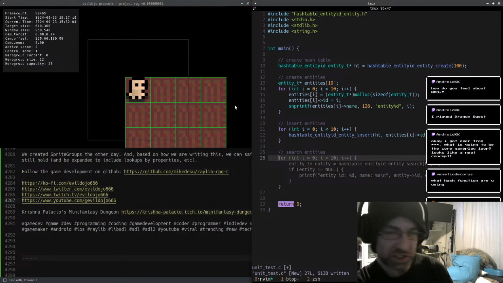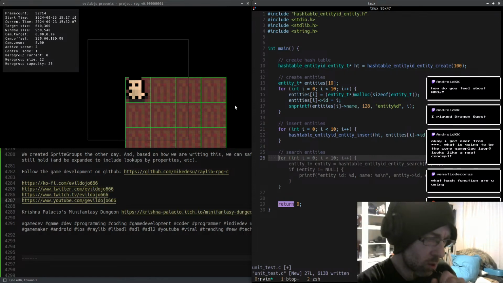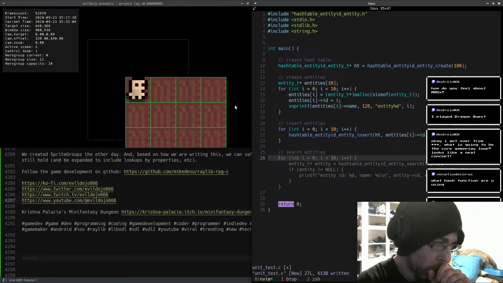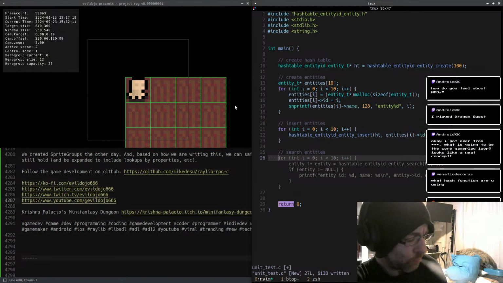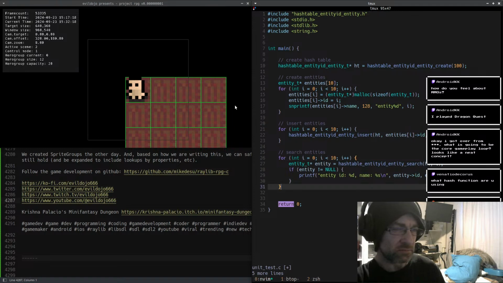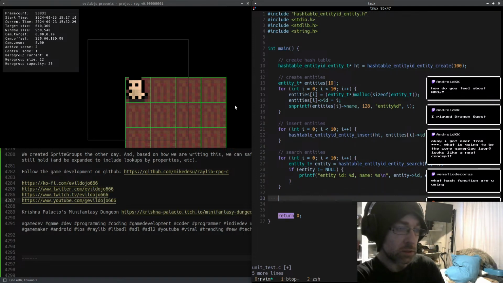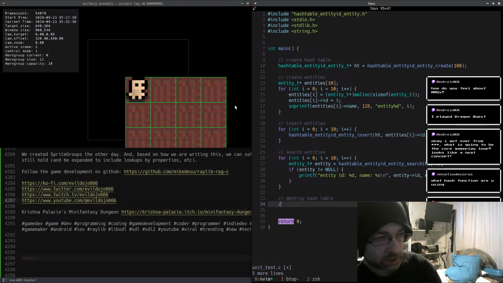This makes me think we might actually want a search by name function, right? But I don't see the immediate use case for it, because there could be, for instance, multiple entities on the screen that have the same name. But the way that I'm designing the system, everything should have its